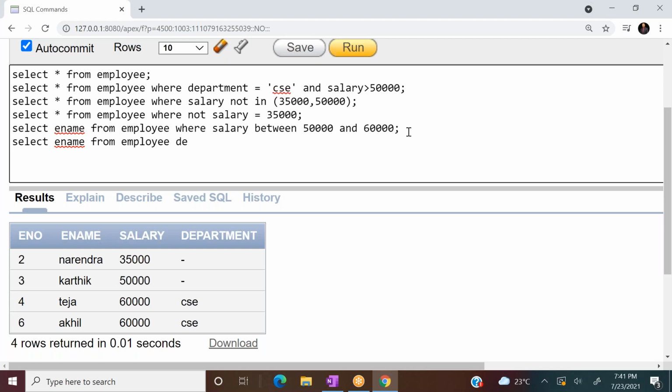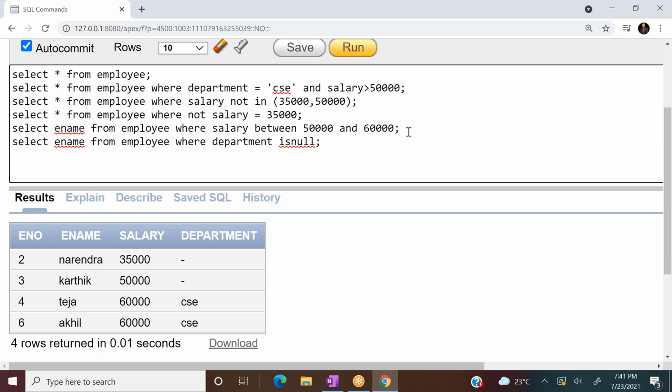Not mentioned means the value of the department should be a null value. So you have to write where department is null. We have to use an operator called is null. Very good Akhil, is null.